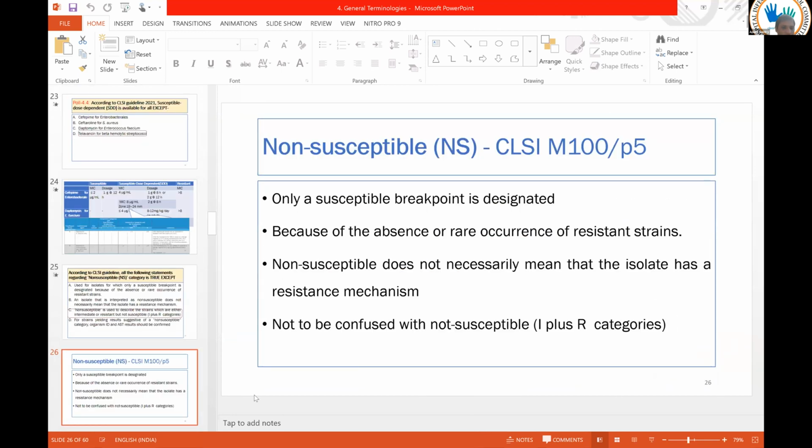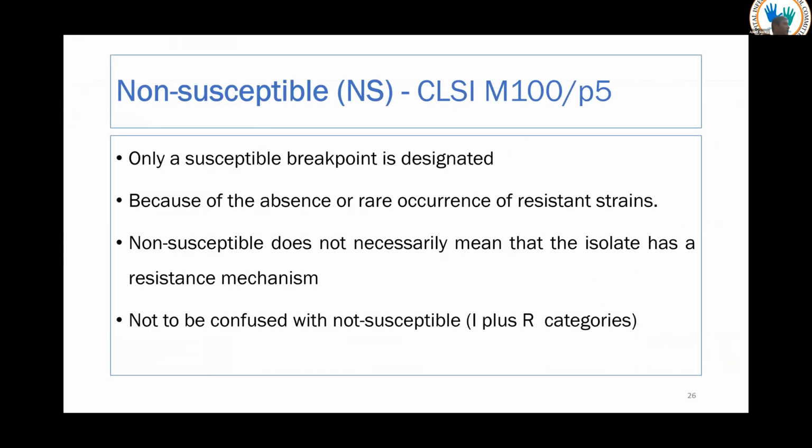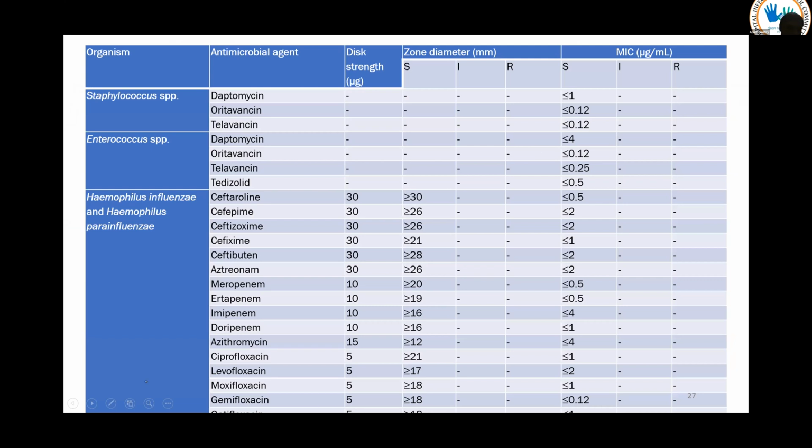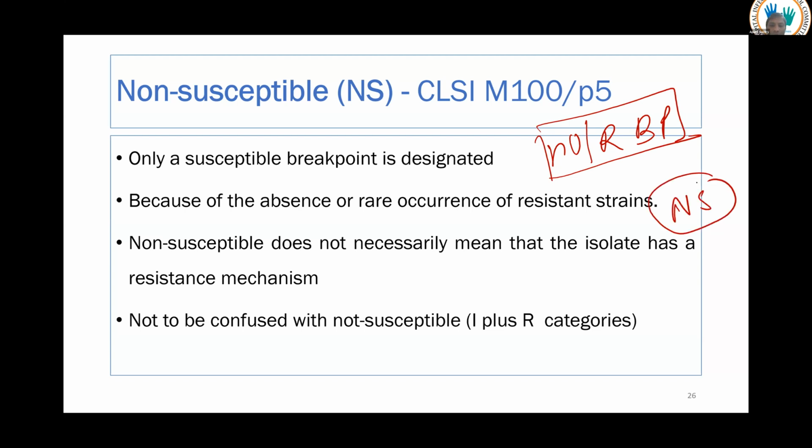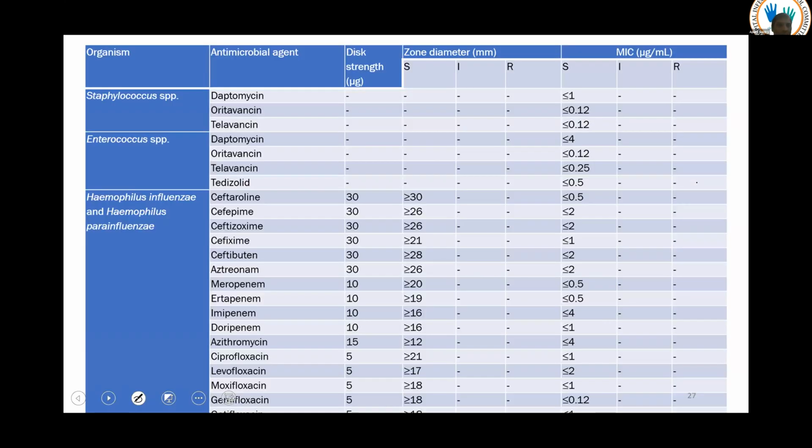Okay, the next question is, what is non-susceptible? Non-susceptible means what? There are a few drug-bug combinations for which only susceptible breakpoints are available. There is no resistant breakpoint available. If no resistant breakpoint is available, then that category is considered non-susceptible if the zone diameter falls outside those values. The classical example here is